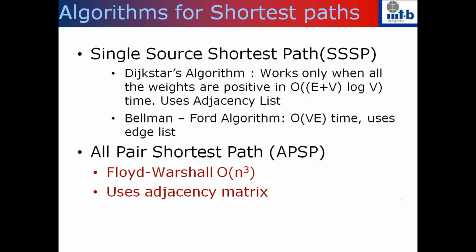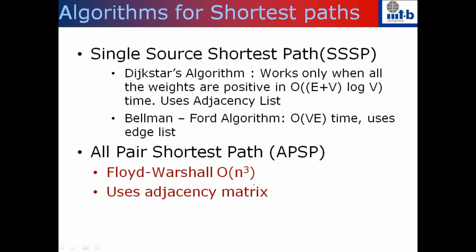Then the last one that you have is the all pair shortest path due to Floyd and Warshall. This computes the shortest path between every pair of nodes in order n cube. And this uses the adjacency matrix representation because you want to store the weight of the shortest path between any pair of vertices. So the amount of space that is required is order n square. Since the answer itself is stored in order n square, you can as well store the actual graph in order n square space. Important to note, the all pair shortest path problem can be solved, not by Dijkstra.